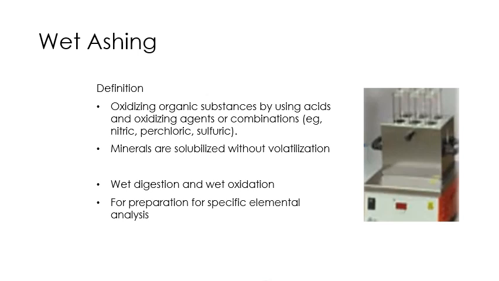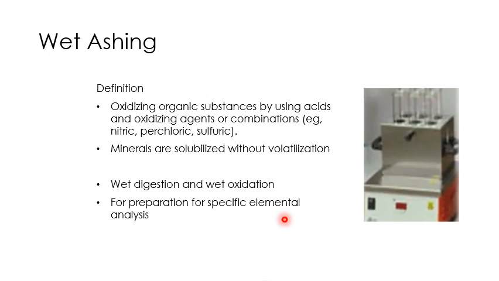We call this wet digestion or wet oxidation. In some cases, if you want to analyze the mineral composition by using atomic absorption spectroscopy, prior to that analysis you need to prepare the sample by performing